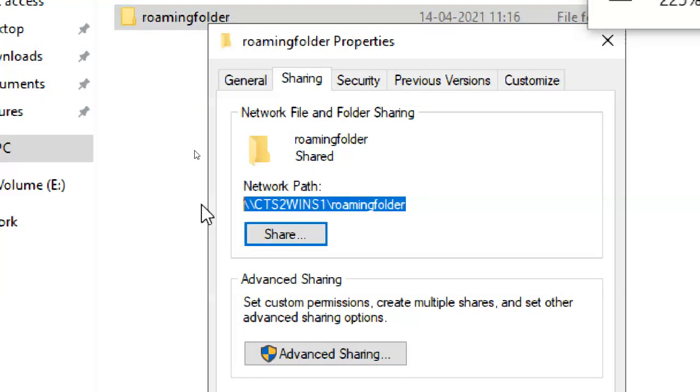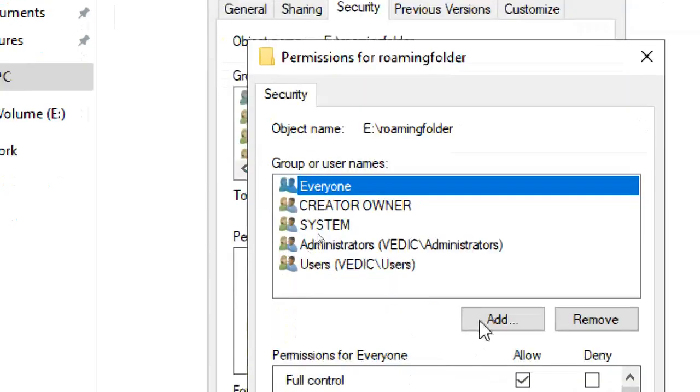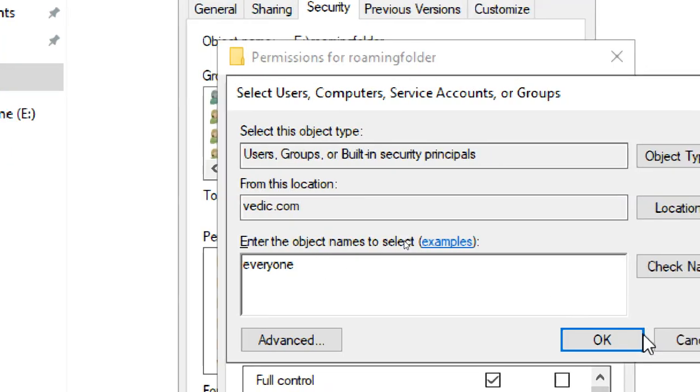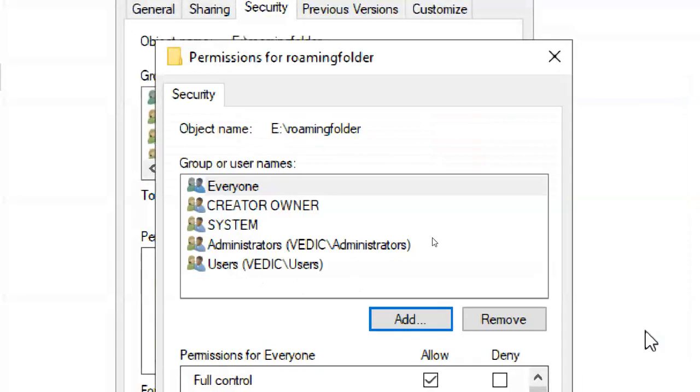Next, copy this line and paste it into Notepad: slash percentage username percentage. Next, go to security, edit, add, type everyone here like this, check names, click OK.